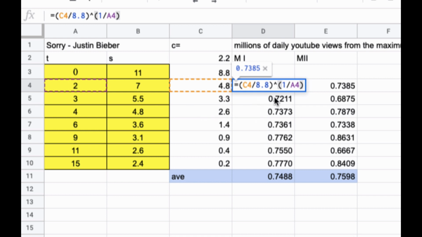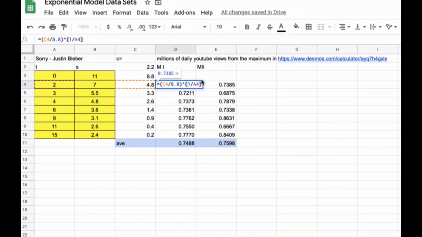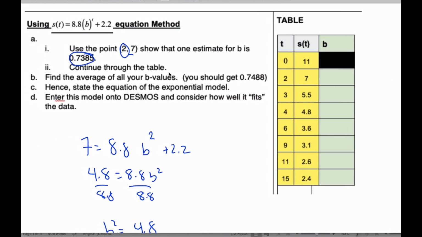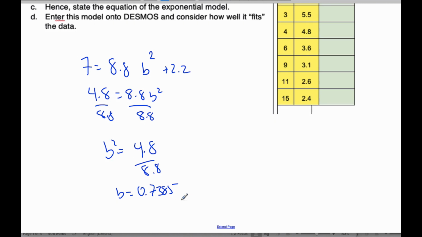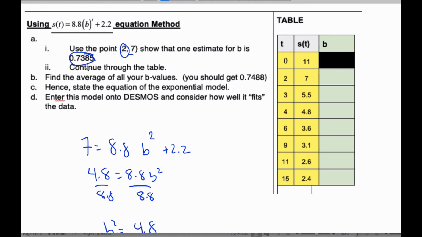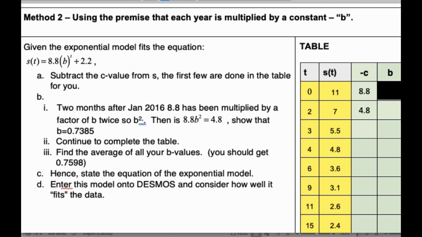And so you take a quick shot so you can see what the values are supposed to be. These are the values you should get because I'm not going to do them for you this time. Go ahead and finish it off and then get your average, and then you'll have your model for this one. Okay, I'll let you calculate the model for this method. That will be due for yourself to do.